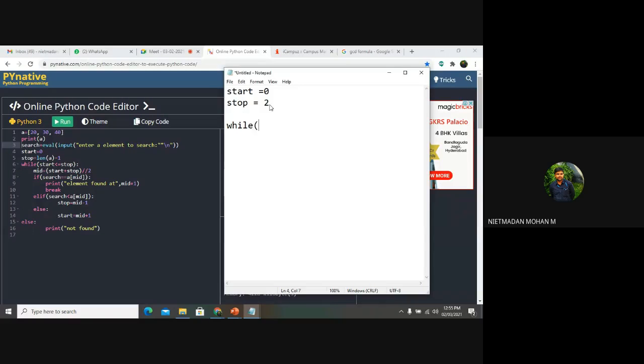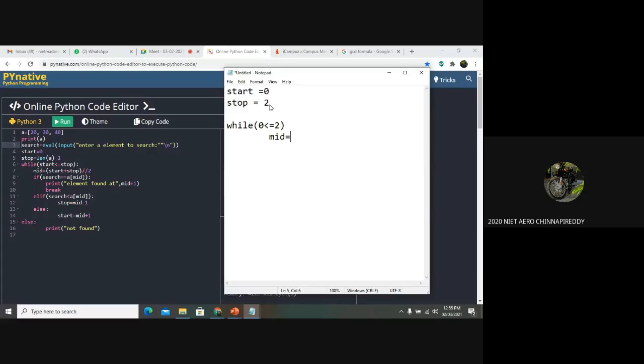While, what is the start value? 0. 0 less than or equal to 2, the condition will be? True. Then the statement will be executed.